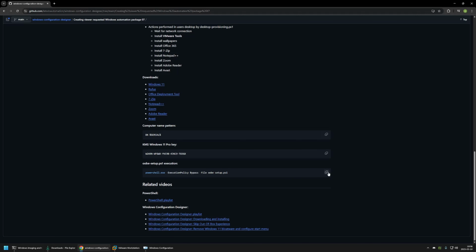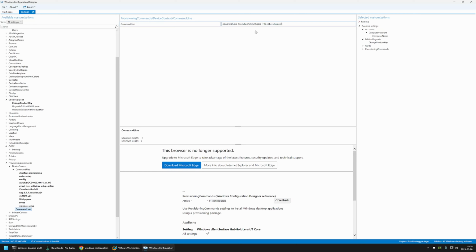I will click on the link right here to copy this line and then go back and insert the line in here. And that's basically it. Now we can generate the package, and for that I will go to Export, Provisioning Package,